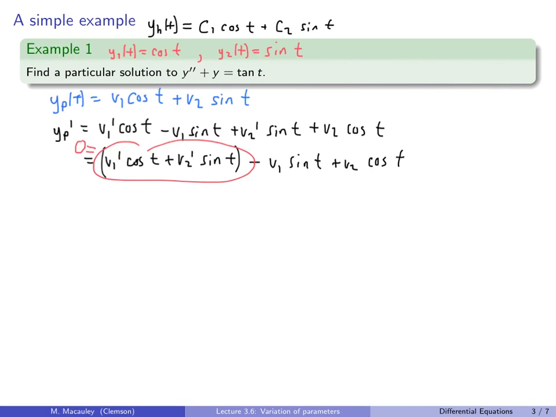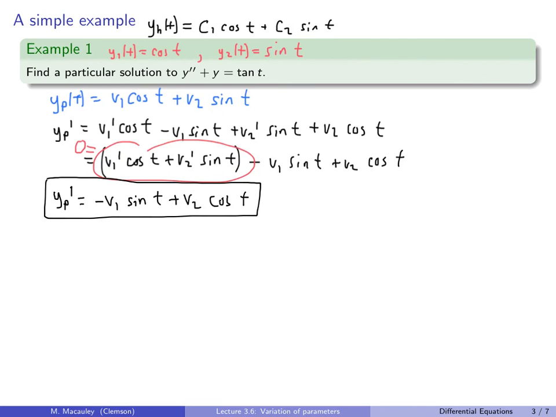So why I want to do that is because now that will set yp prime equal to negative v1 sine of t plus v2 cosine of t. So this is yp prime. Let's keep going. Let's take the derivative of that. Yp double prime is